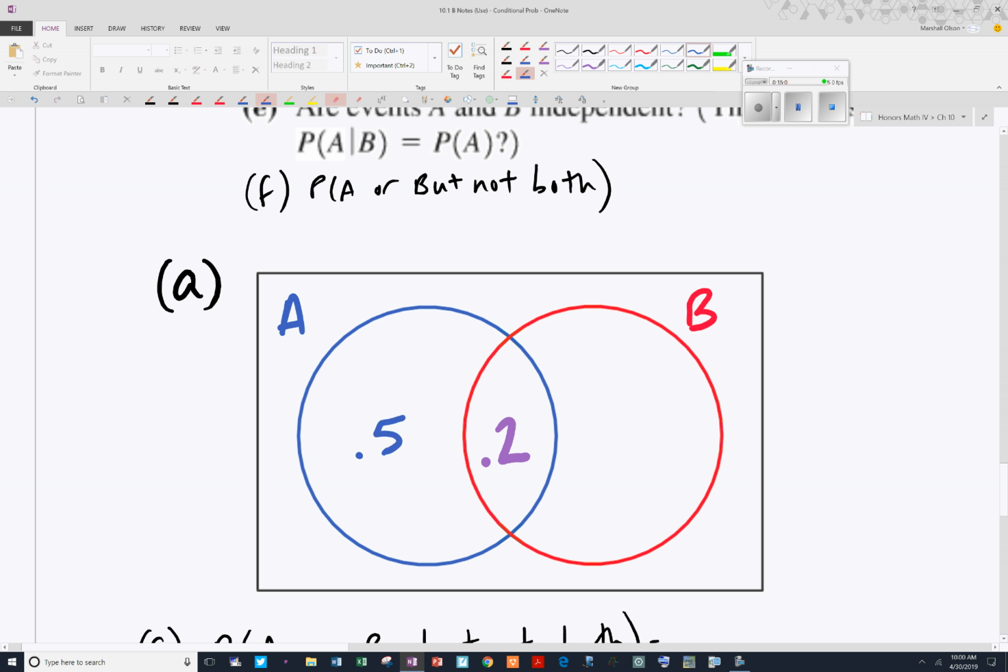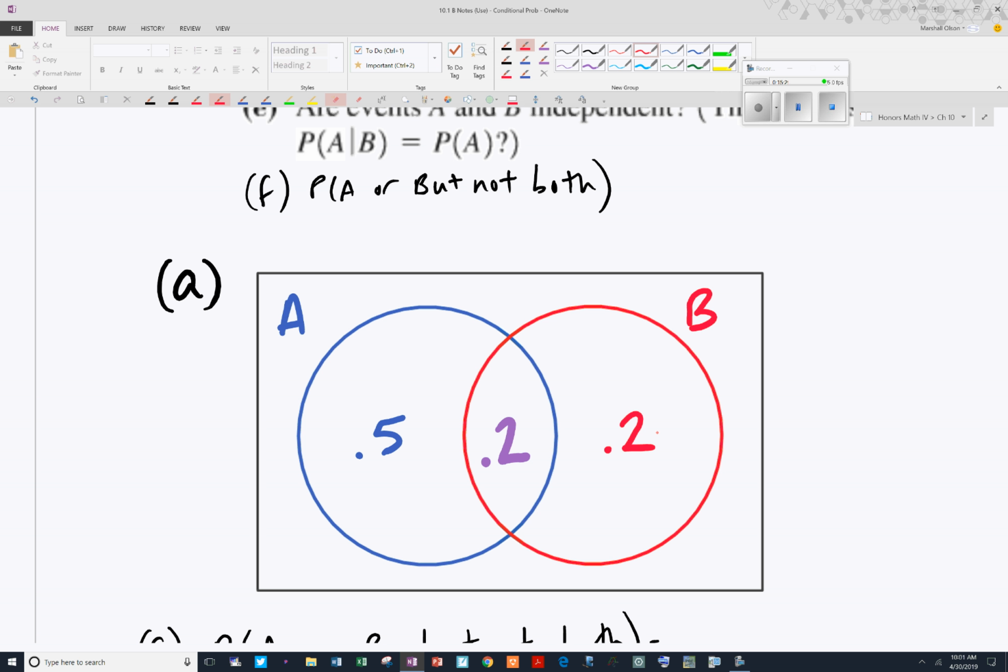So what do I have to put in the just A part? 0.5. There. Now A is 0.7. Only A is 0.5. A and B is 0.2. Together, the probability of A is 0.7. And I think B, if I remember correctly, is 0.4, right? So that means that this has to be 0.2. We good? Yes. Okay, so if we added all those across, that would give us the probability of A or